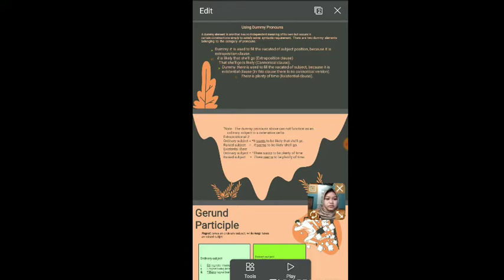And for note, the dummy pronoun above cannot function as an ordinary subject to a catenative verb because an ordinary subject is semantically related to the catenative verb, and this is not possible with a meaningless dummy. But dummy pronoun can occur as a raised subject. For the example,